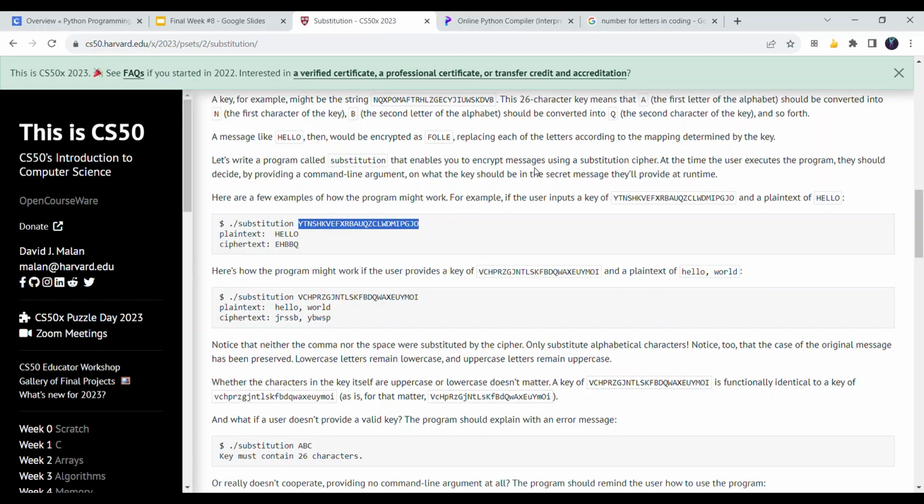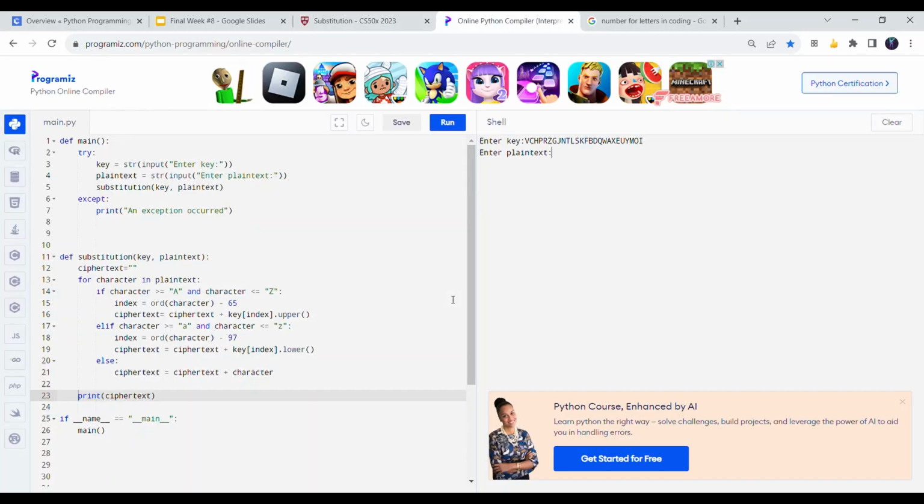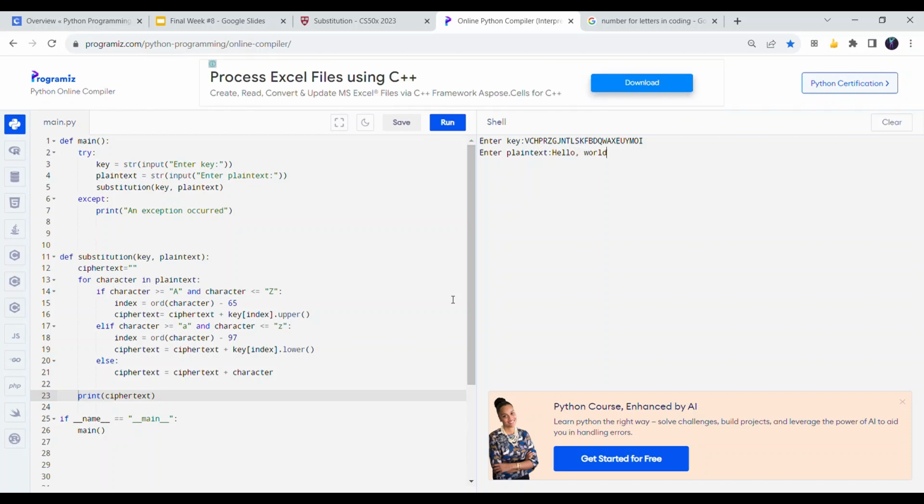Now let's do another example. Let's do hello world. So there's our key, and we'll do uppercase H, lowercase everything else, some commas and some space. And as you can see, we get an uppercase J, the space and the comma are still there, and all of the lowercase characters here are also lowercase in the ciphertext. However, an issue is that all we're saying is JRSB. Like, what is that? So to make it much more clear for the user, we'll make a formatted string. So we'll do f